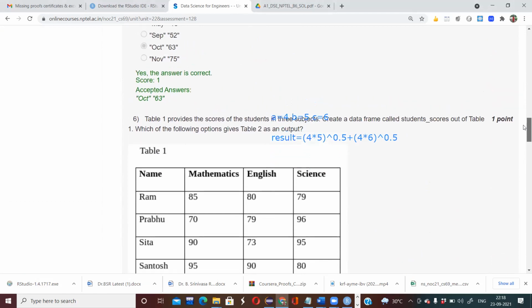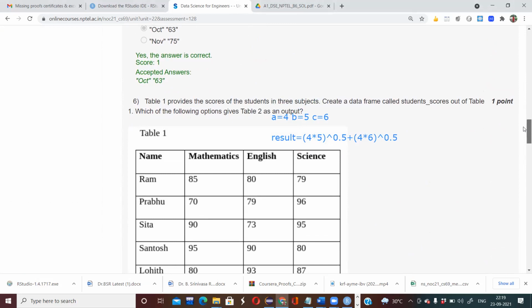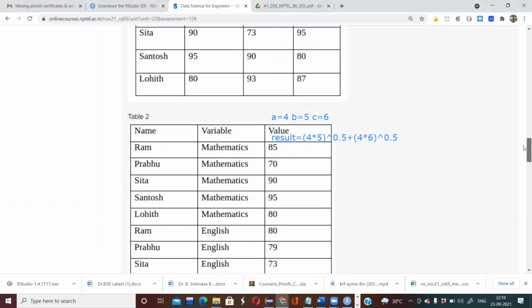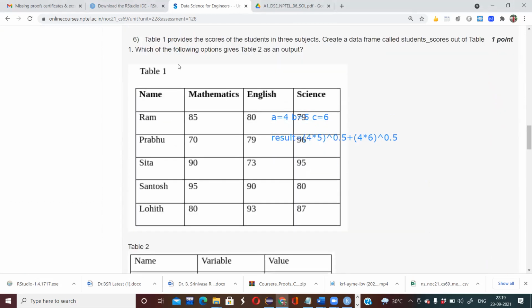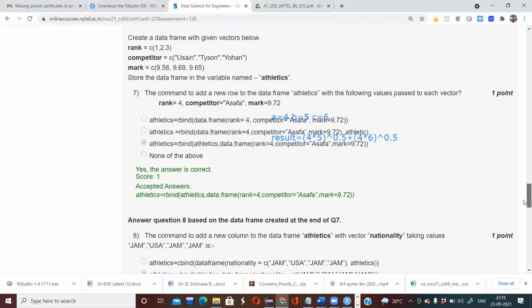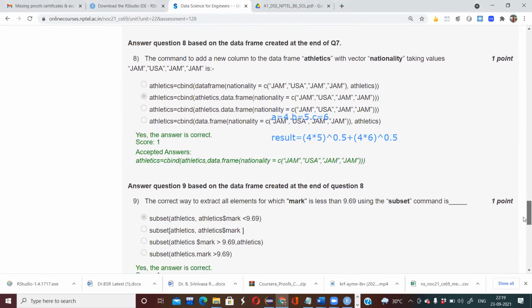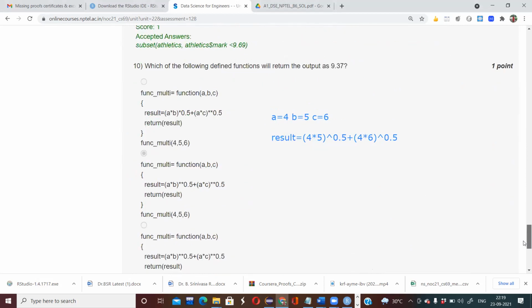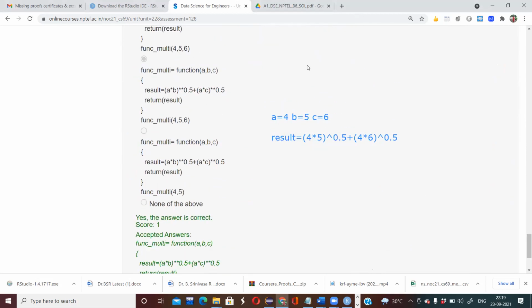They are also asking some questions related to joins. Which particular package can be used, and they can give you some tables like table 1 and table 2, and ask how this table 2 can be achieved using which commands. So for that, you need to have an idea of the commands. Prepare the commands well. If you are sure about the commands, then you can answer all the questions in this week 1. Okay. Thank you.